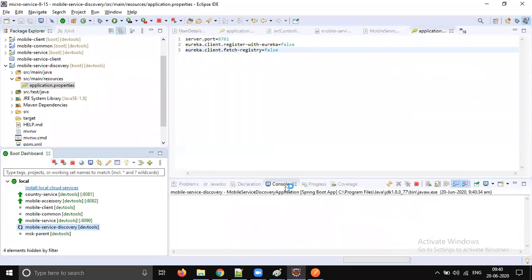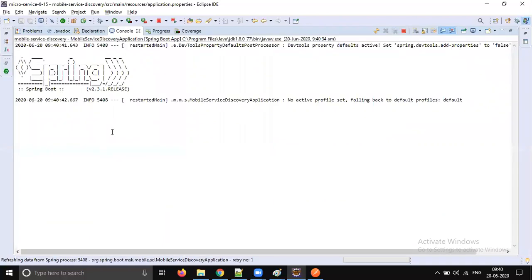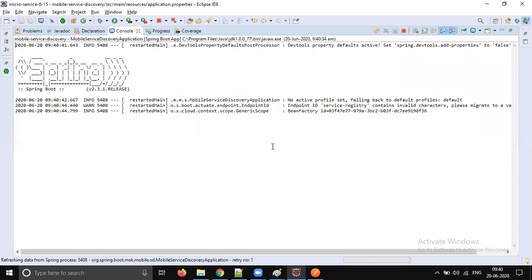Okay, so this time you don't see that exception printed on the console. That's okay. But it prints some information about the load balancer.